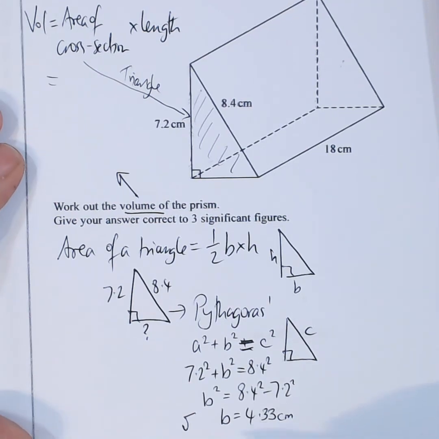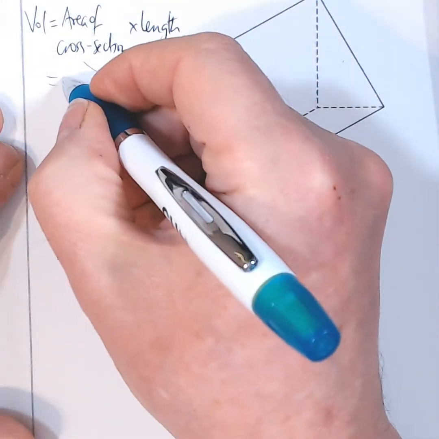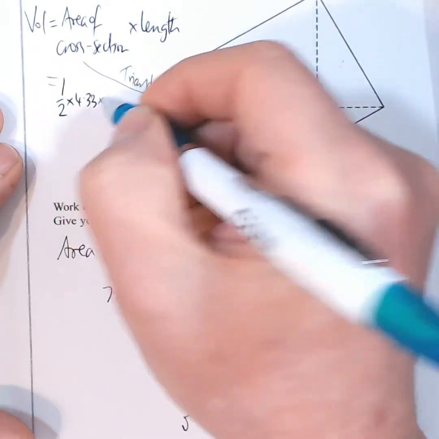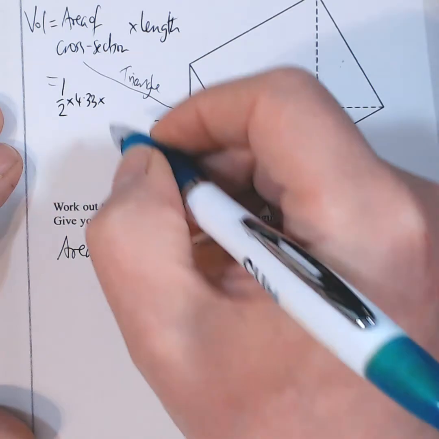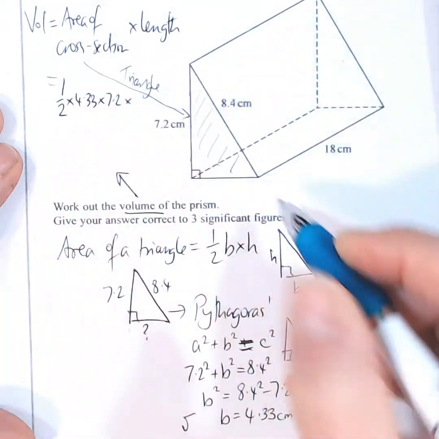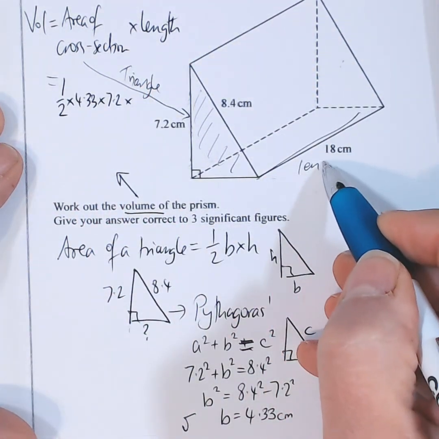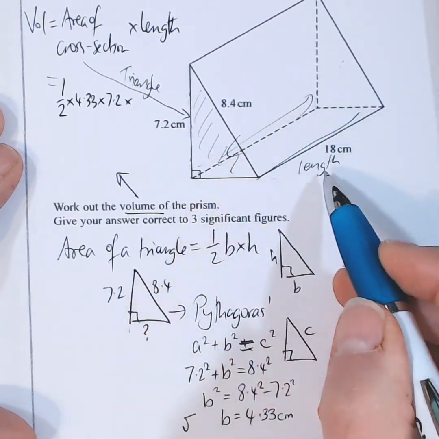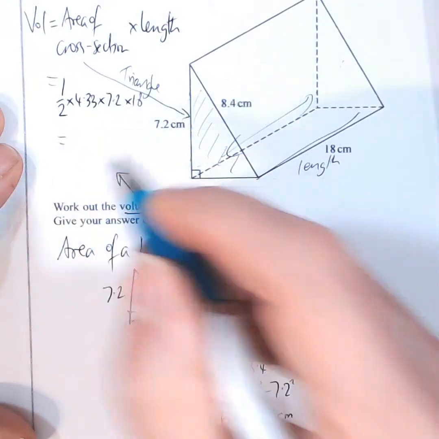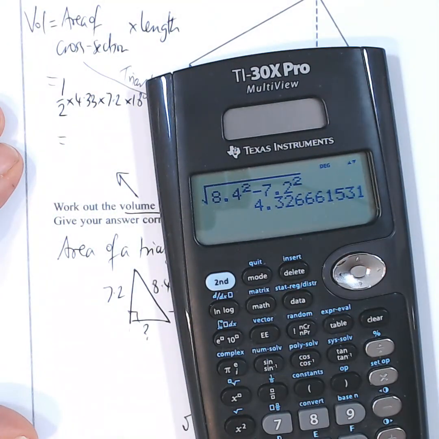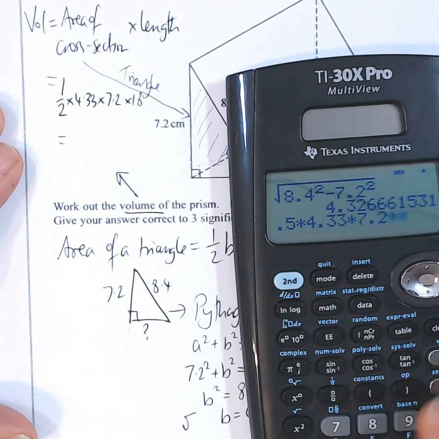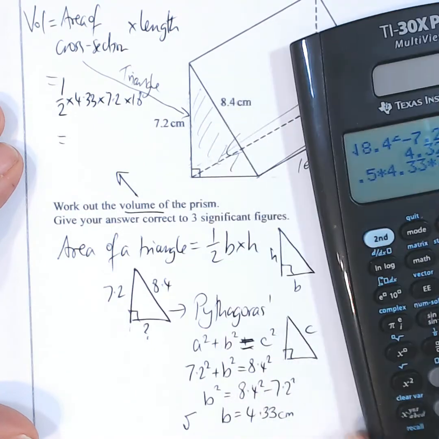So we now need to use that formula for volume. So the area of the cross section is a half times the base length, which was 4.33, times the perpendicular height, which was 7.2, times the length of the shape. Well, that was the length, because the face is transversed across there, the cross-section area. So I'm going to times by 18, which will give us an answer of, so we've got 0.5 times 4.33 times 7.2 times 18 equals,